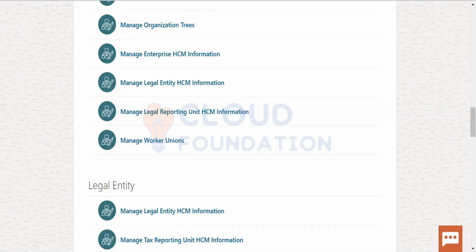What is legal entity? It is like being bound to a certain law. If you are working in a country, we have tax rules, a tax reporting structure. This legal entity is where your taxation part takes place. And legal employer is also a legal entity, but with a legal employer, we employ people.